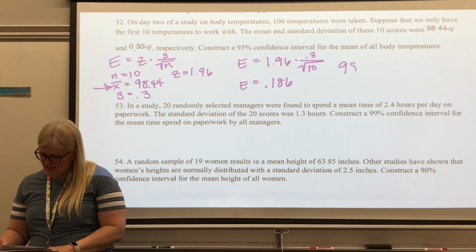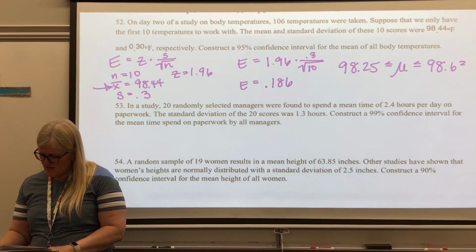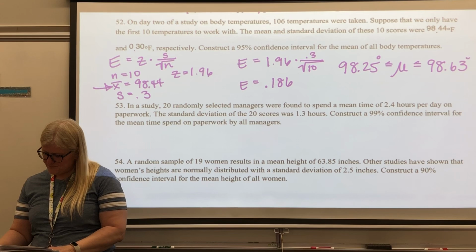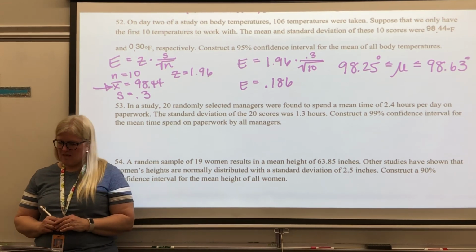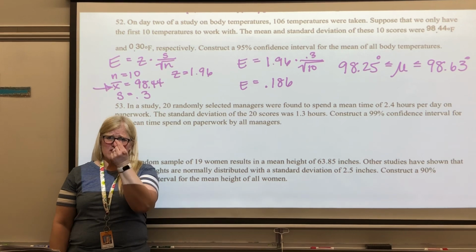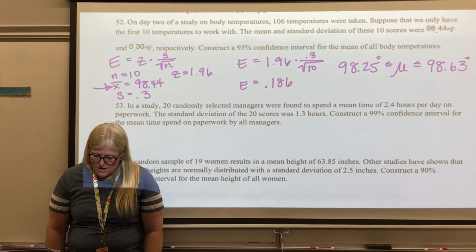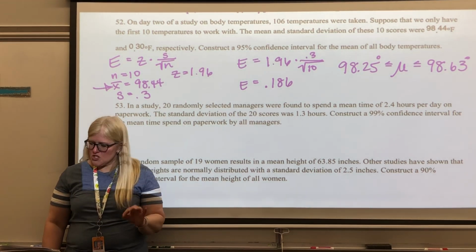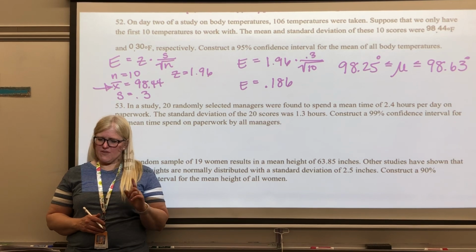So I get 98.25 less than or equal to mu less than or equal to 98.63 degrees. Okay, that's not a lot of difference. Standard deviation, very small. All right, I will finish number 53 and 54